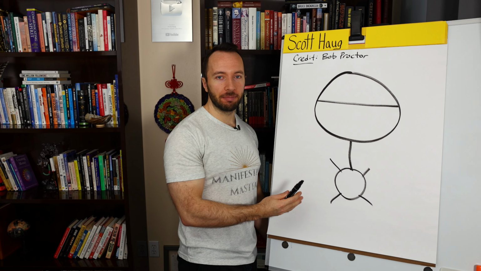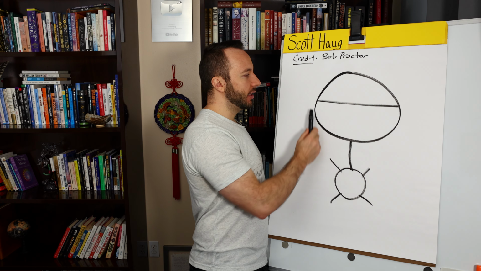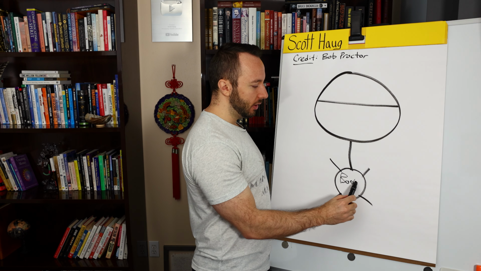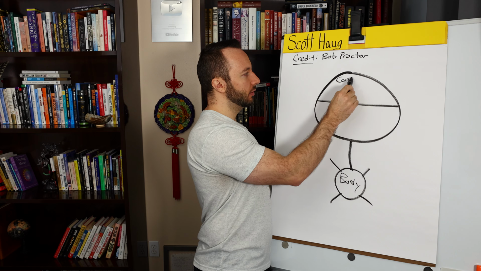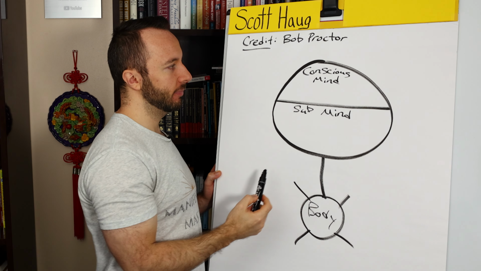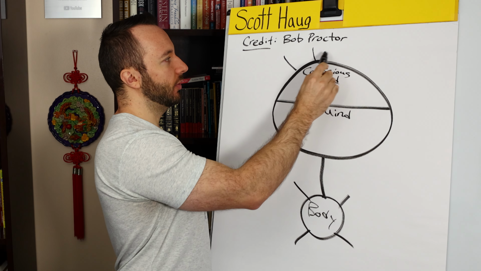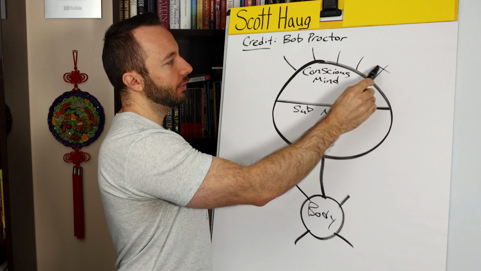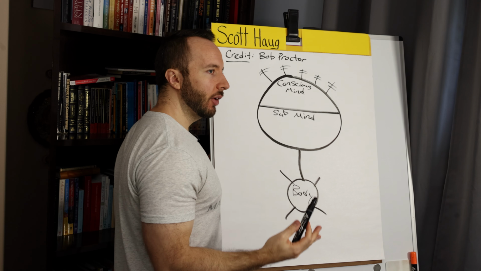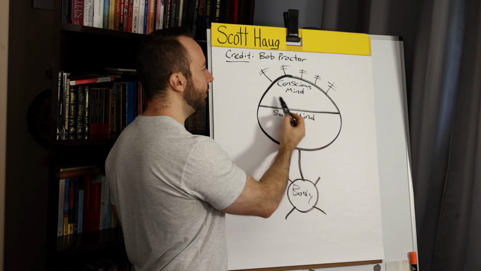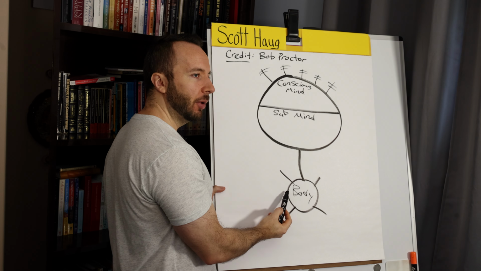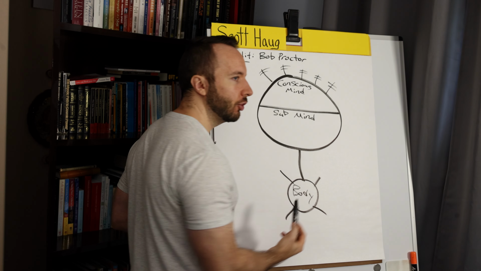So what does this even mean? Stick figure diagram means that this is who you really are. This is your body. This is your conscious mind, and here is your subconscious mind. At the top here, we're going to put little antennae, which are for your 5 senses: seeing, hearing, smelling, tasting, and touching. This diagram represents a part sequence here that if you take an idea and drop it into the subconscious mind, it'll change the vibration of your body and ultimately change what you attract in your life.